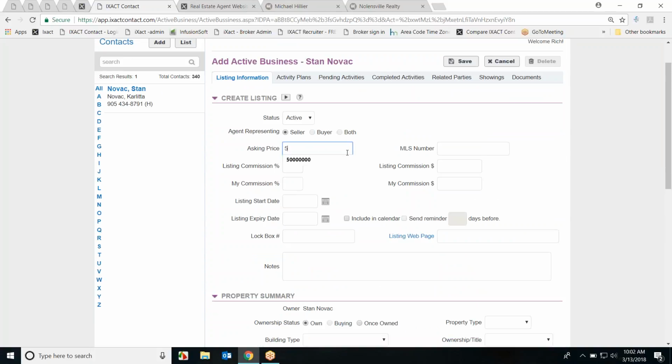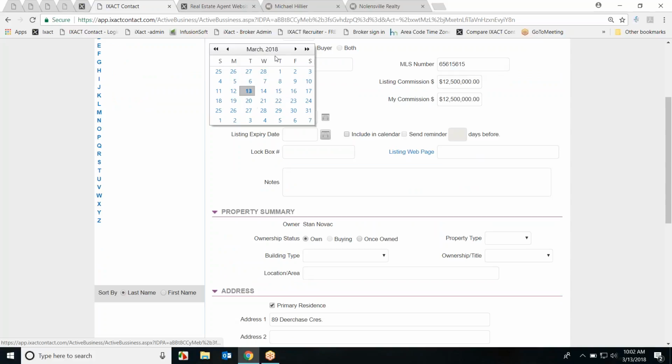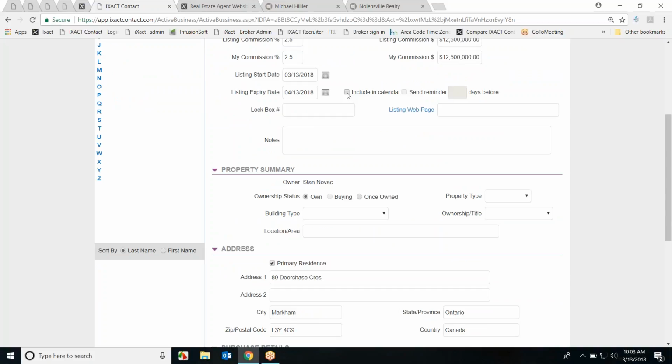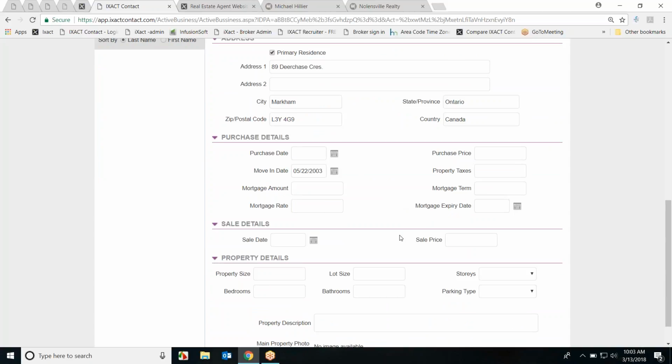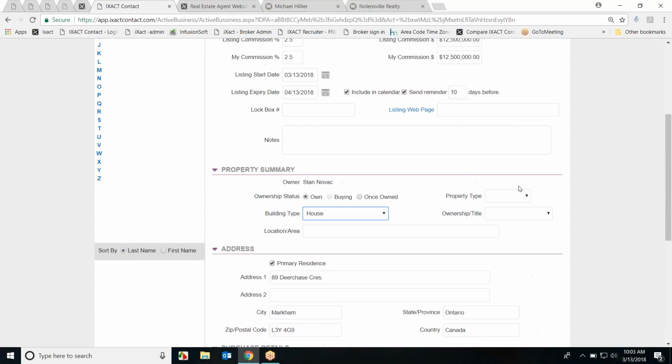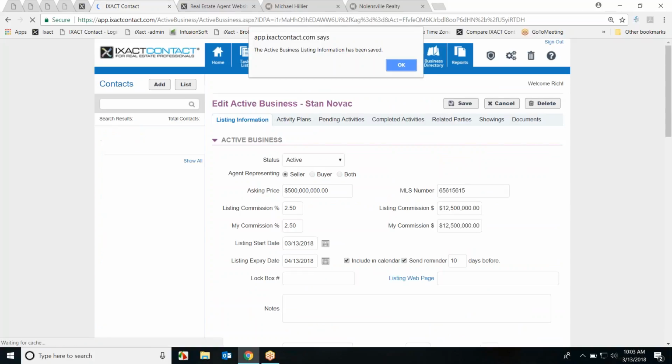So whether it's the asking price, I'm just going to make up a number, and the MLS number, and your commission. Call it something like that. And the listing start date is today. Listing expiry, let's say approximately 30 days from now. And I'm going to clue that in my calendar and send myself a reminder, let's say 10 days before, like, oh crap, this thing's expiring and I haven't sold it yet. Okay, so you can add as much data here as you know, and presumably you're going to know quite a lot of it. Once we save that,